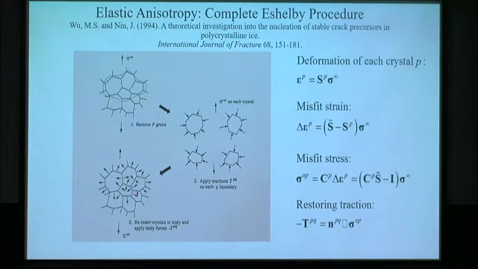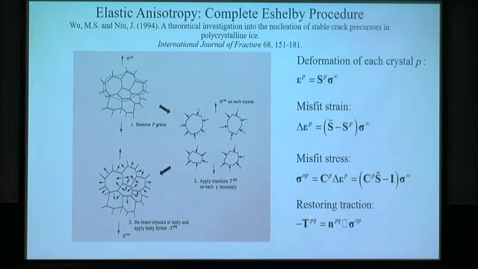So in order to eliminate that misfit, we need to apply certain stresses, which you can call microstructural stresses, and indeed we call them microstructural stress. We just multiply this misfit strain by the polycrystal stiffness. So that is a misfit stress. But how do we apply this misfit stress on these crystals? We have to basically